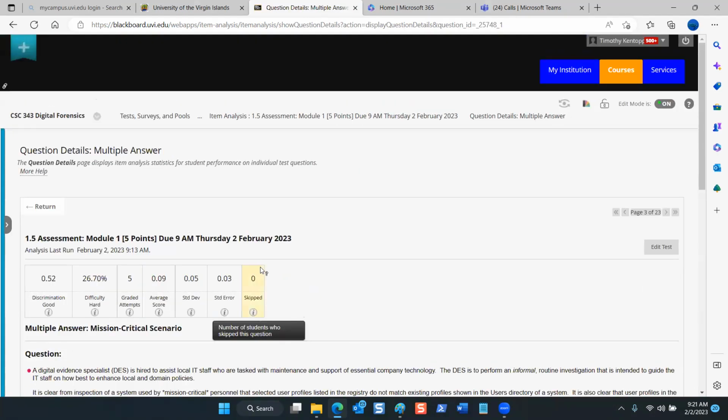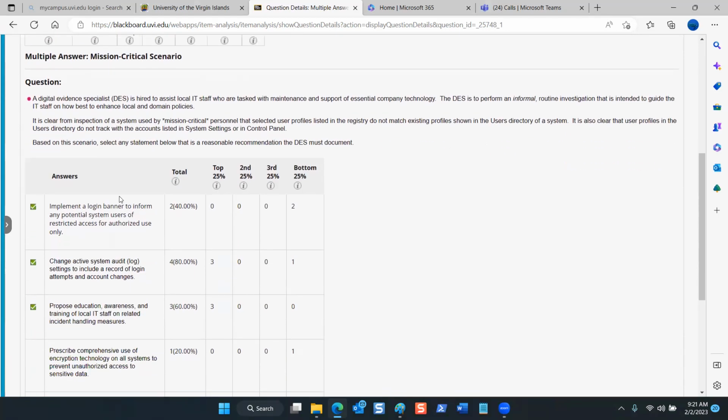Mission critical scenario. There's a multi-answer item where students were challenged. The scenario reads, a digital evidence specialist is hired to assist local IT staff who are tasked with maintenance and support of essential company technology. So this would be an ideal case where digital evidence is appreciated and valued, and people get that it's going to be a more effective use of digital forensics expertise